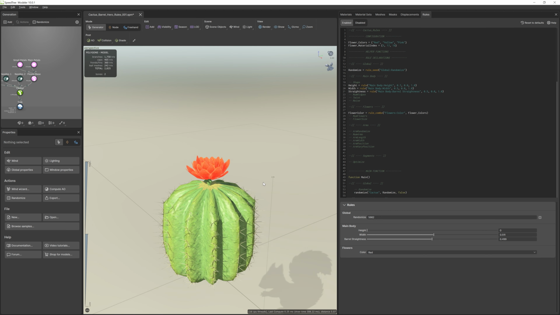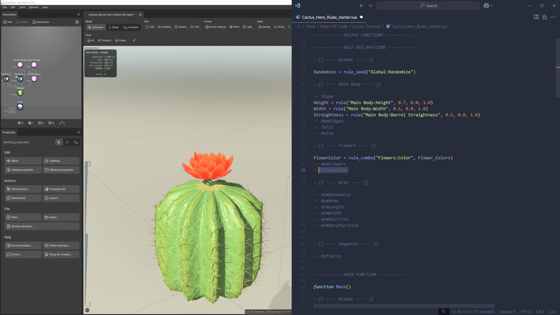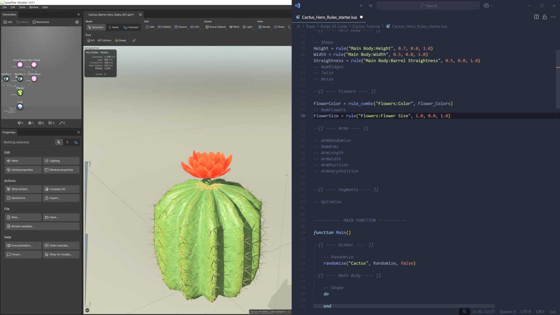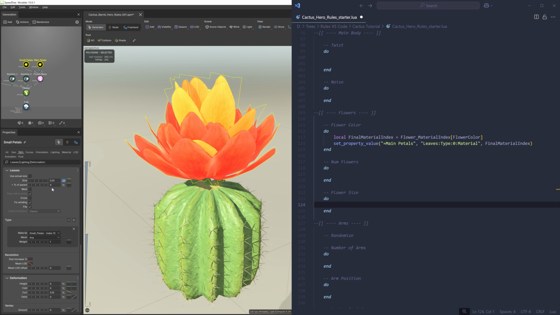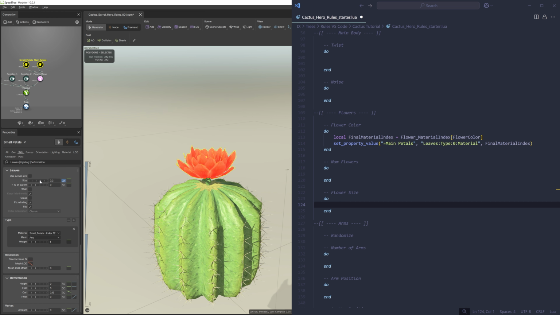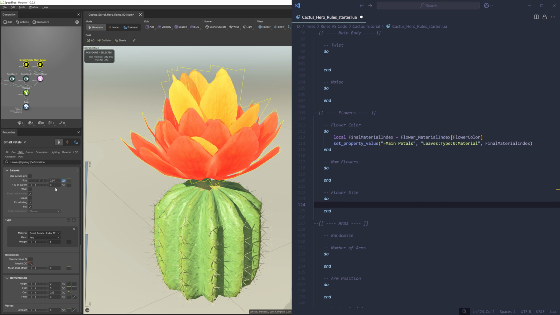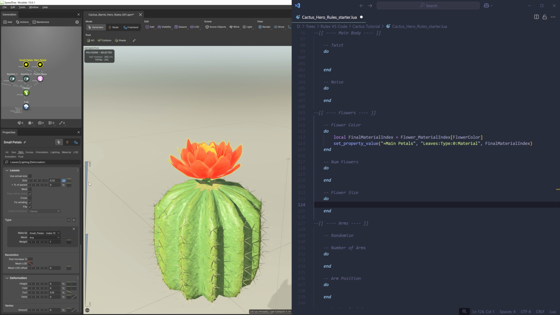Okay, next, let's tackle the flower size rule. This should be pretty straightforward since we just need to change the size of our petals. But if we select both the main and small petals at the same time, we see that we can't scale them at the same time to find our min and max because they aren't scaling proportionally to each other. So let's